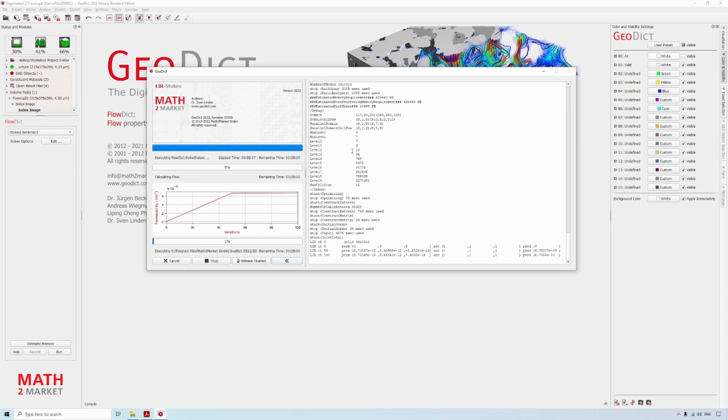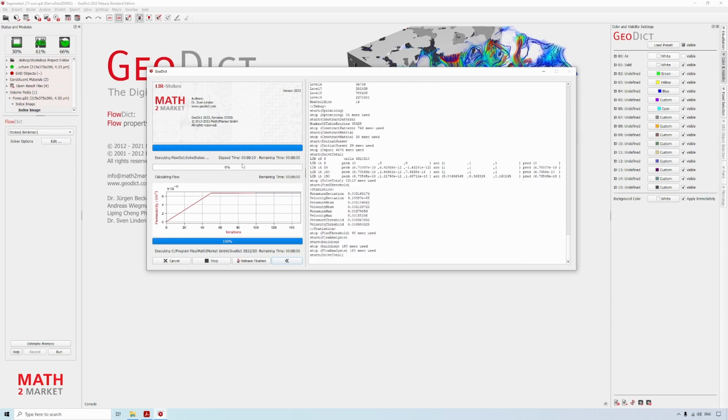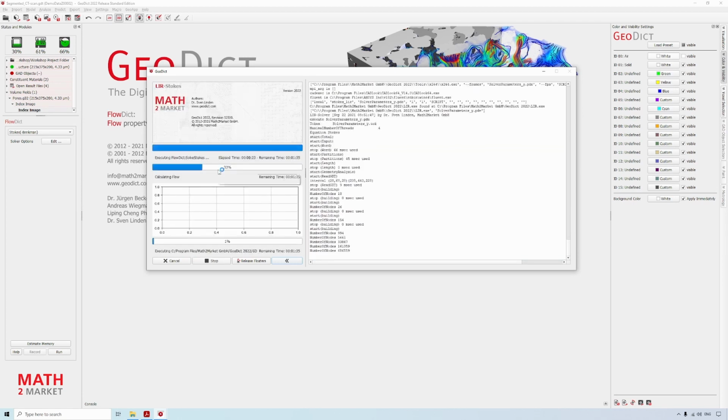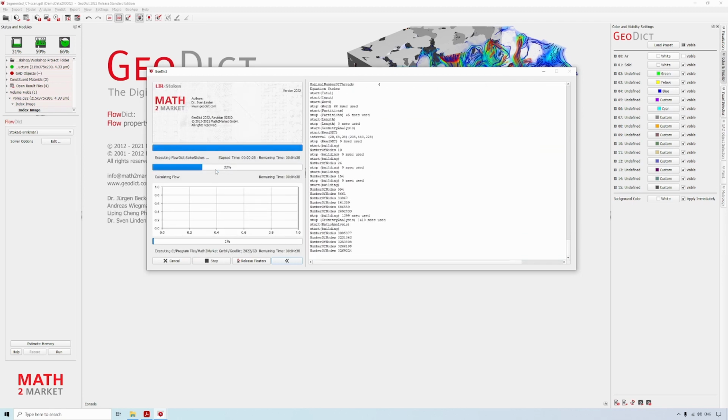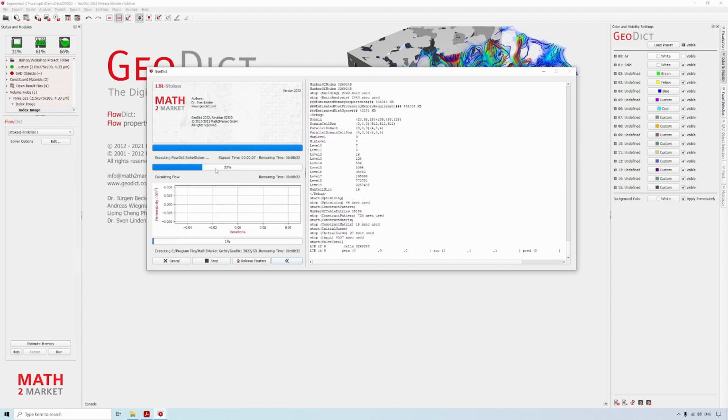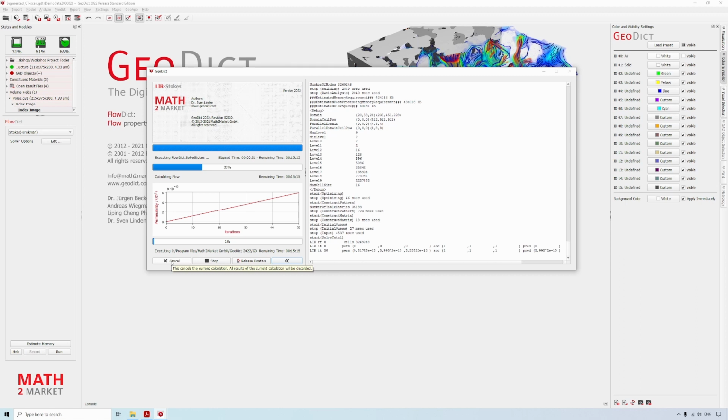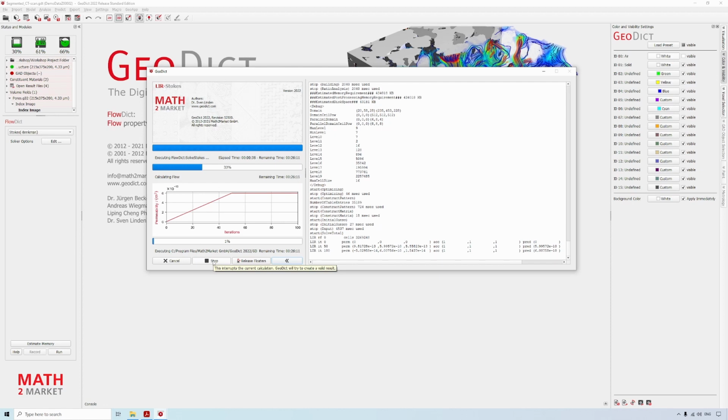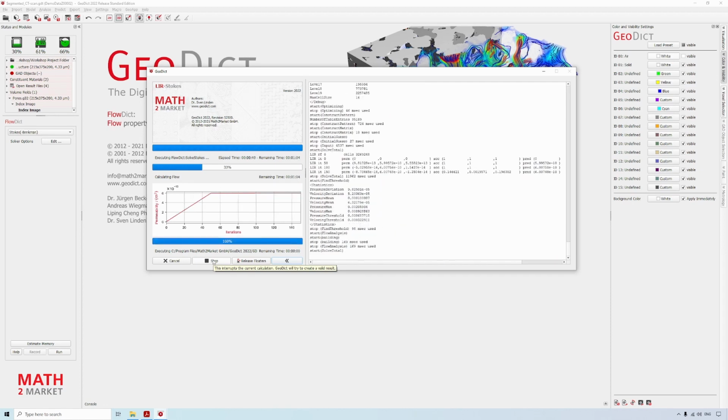You have a progress bar which indicates how far the simulation is done. Additionally, you can decide to cancel the simulation, which will cancel it and you will get no results. If you click stop, the simulation is stopped at this specific point and the results are evaluated up to this point where you stopped.